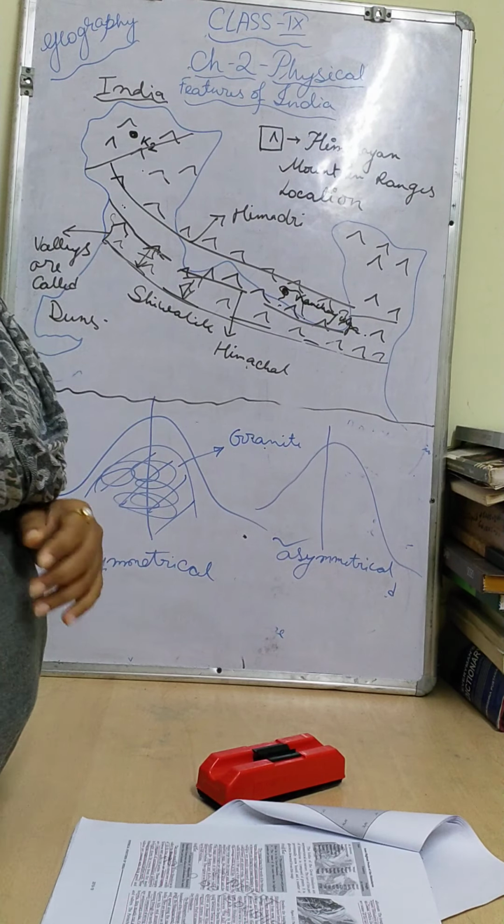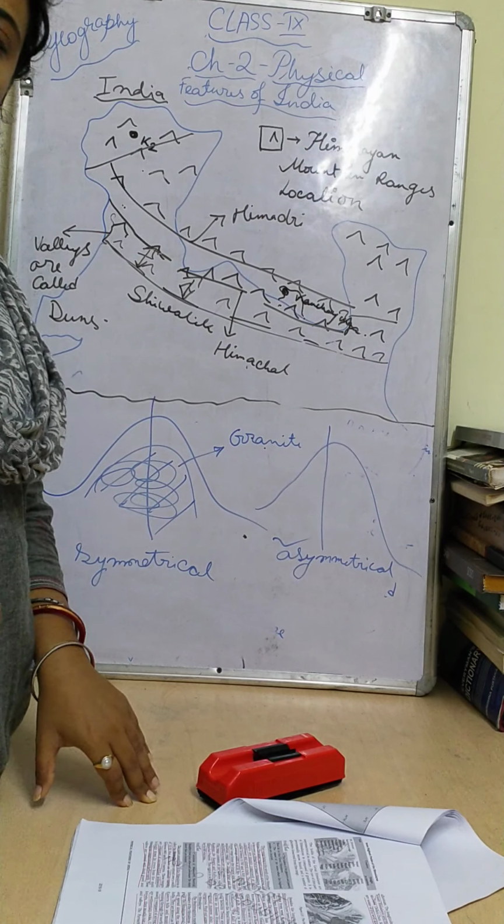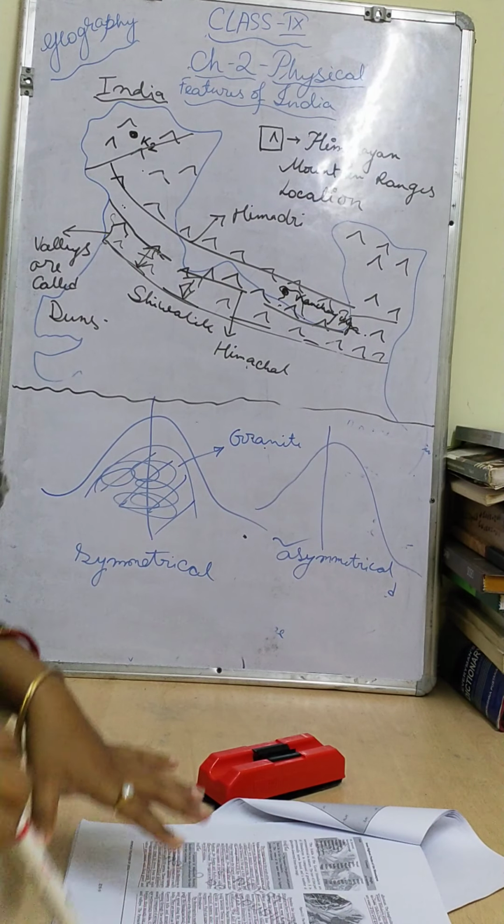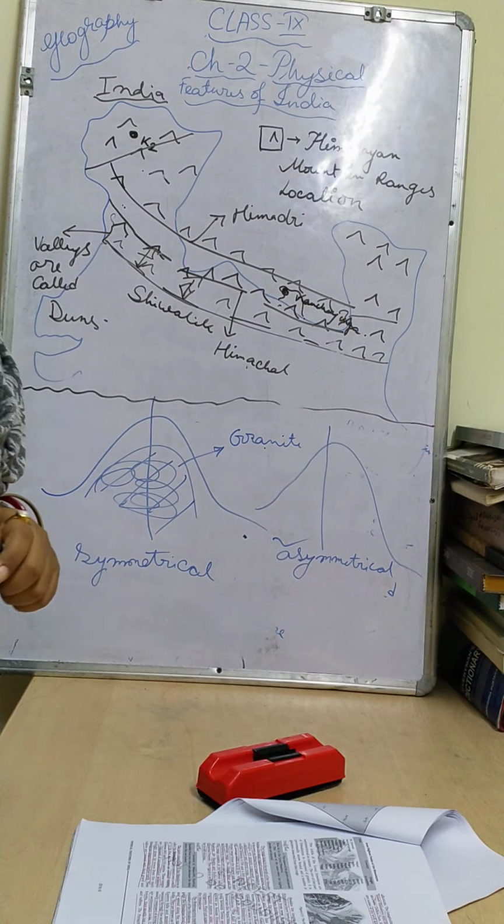Okay, questions are coming, children, please underline that. Besides the longitudinal divisions, within that there will be some other divisions also. According to the places it can be divided, but today I will not teach so much. Today up to here. And I will tell you, in the Himadri ranges mostly the world's highest peaks are located.